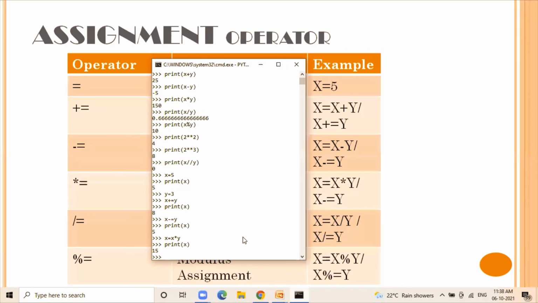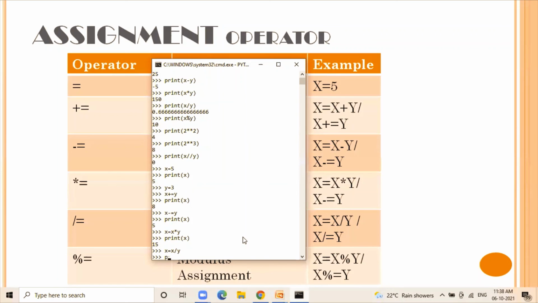Next you have a division assignment where you can perform the division x divided by y, and the quotient value will be stored back to the x after evaluation of x division by y. Now if you want to see the result that is stored in the x variable, use the print function, and you can see 5.0. That is, y is 3, x is 15, so 3 5s are 15. So 5 will become the quotient.